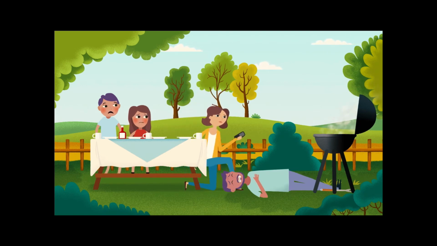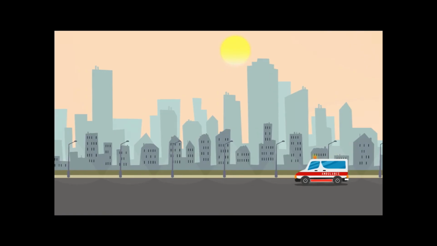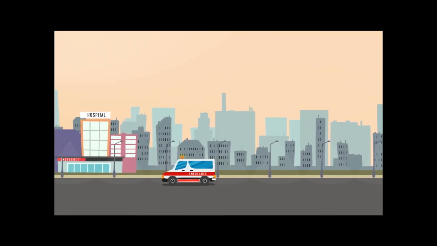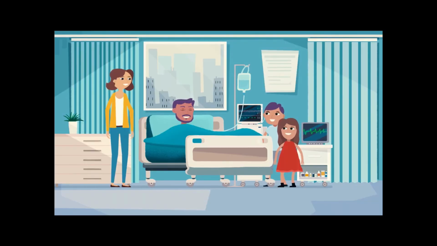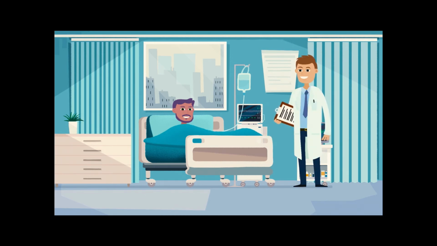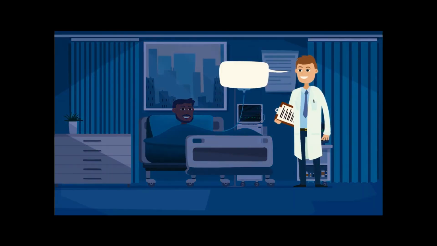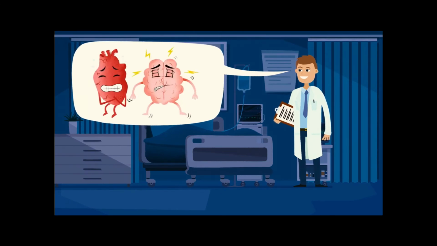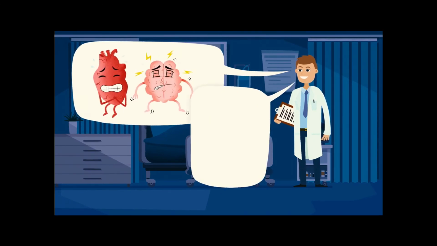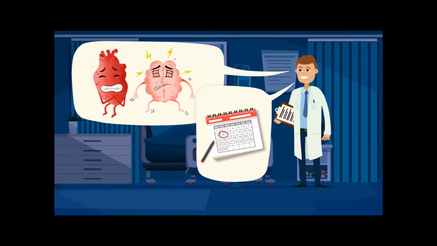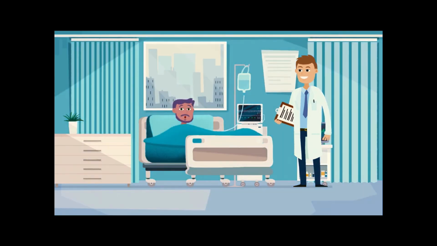Luckily, his wife Claire reacts immediately, and an ambulance arrives quickly to rush John to the hospital. After a long and stressful night, John and his family receive the good news that he will make a full recovery. John's doctor tells him that his type 2 diabetes puts him at increased risk of cardiovascular diseases, such as heart attack or stroke, even at a young age, and that it is important to get screened for possible complications regularly. John is surprised. No one had ever told him that his type 2 diabetes puts his heart at risk, so he never had a reason to think that it could be important.